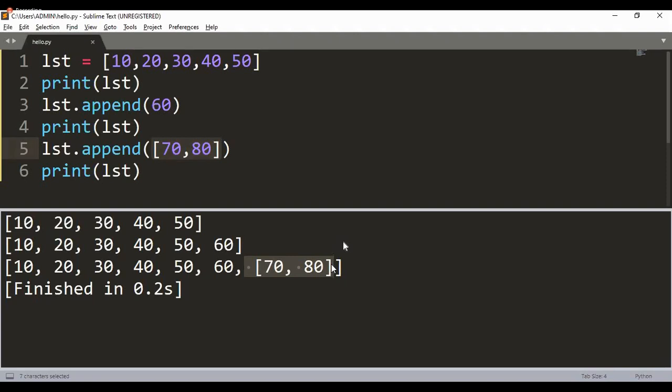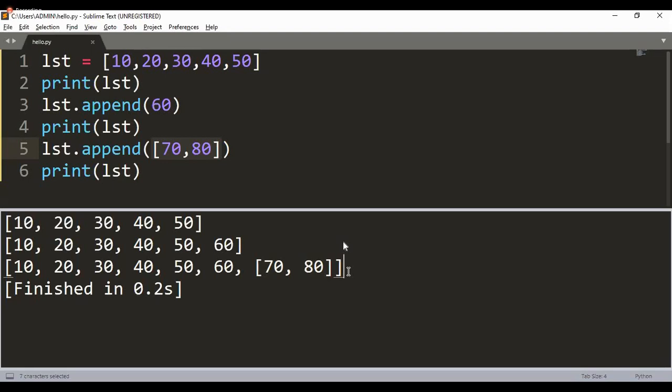I want 70 and 80 to be inserted to my list as independent elements. I don't want it in the form of a nested list, because what you see on line number 3 of the output screen, is it a normal list? No, it is a nested list. The way 60 was inserted, 70, 80 was not inserted in the same fashion.